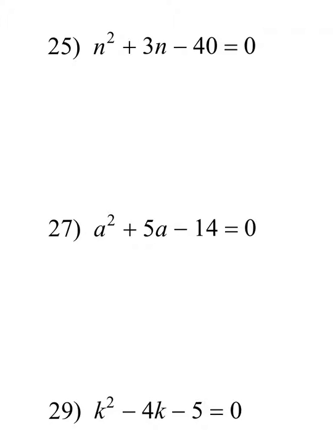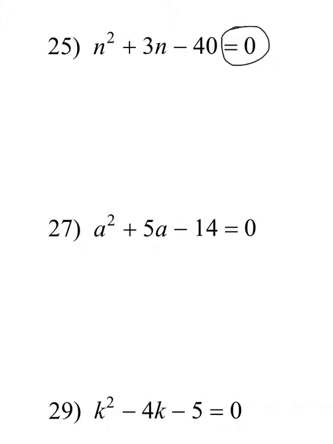These problems are just basic factoring problems, and so you have to try to look at some characteristics of your equation in order to determine what your factors are. Now also recognize that we're trying to find a solution because now we have it equal to 0. So now we're actually going to solve for our value of n in problem number 25, or our values, because